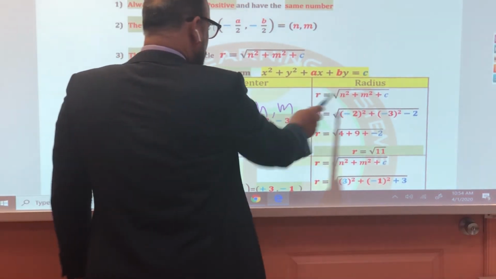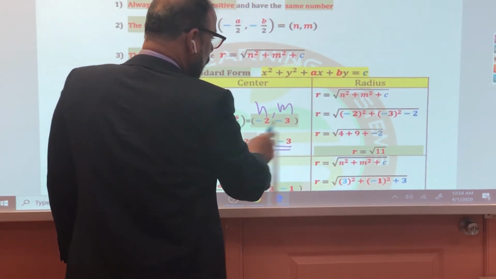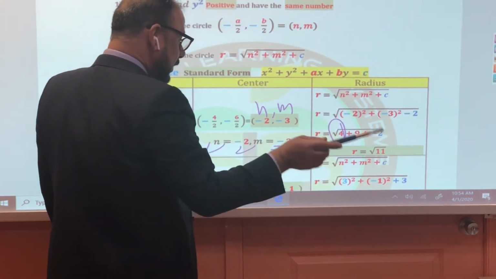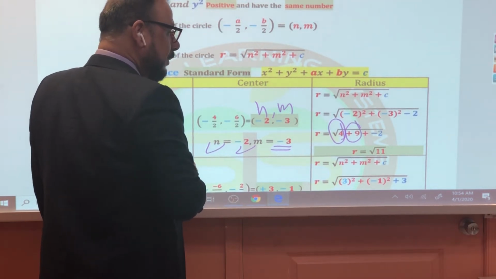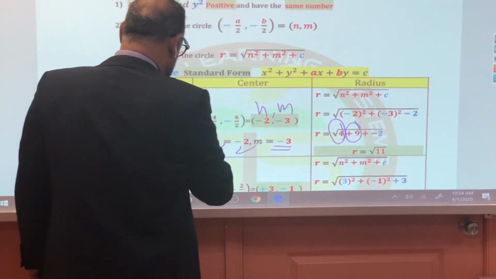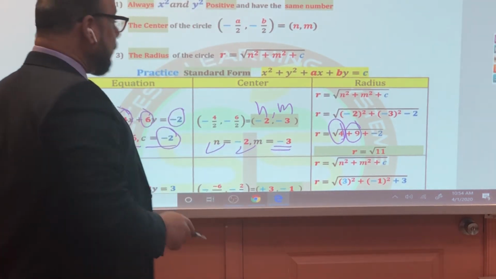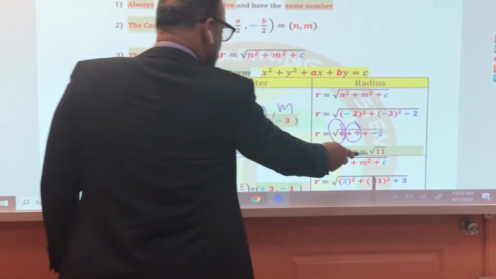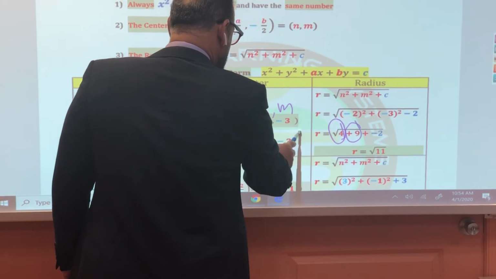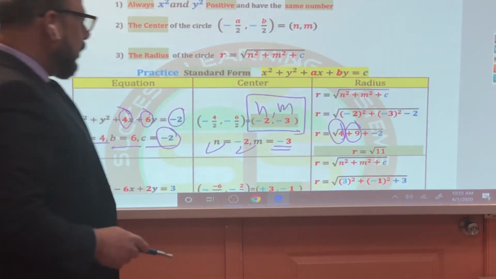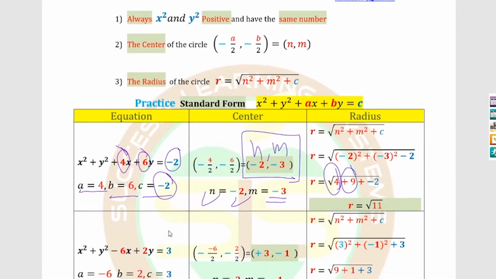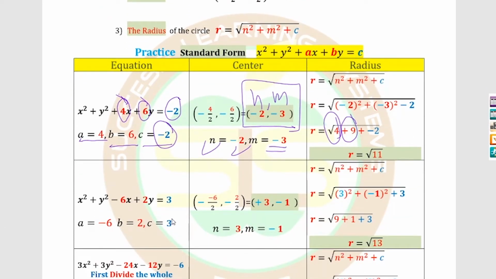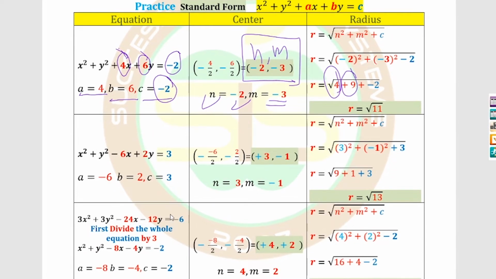Then r equals the square root of n squared, this number is squared, this negative, when you square it becomes what? 4. Positive, right? And negative 3 squared is what? Positive 9. Good? And you keep this number the same, negative 2. Then the radius equals the square root of 11. The center is this guy. Okay, that's clear? Let us go to the second example. After that, we'll go to our board and give some problems for Safe to do. We have another 2 problems to explain.